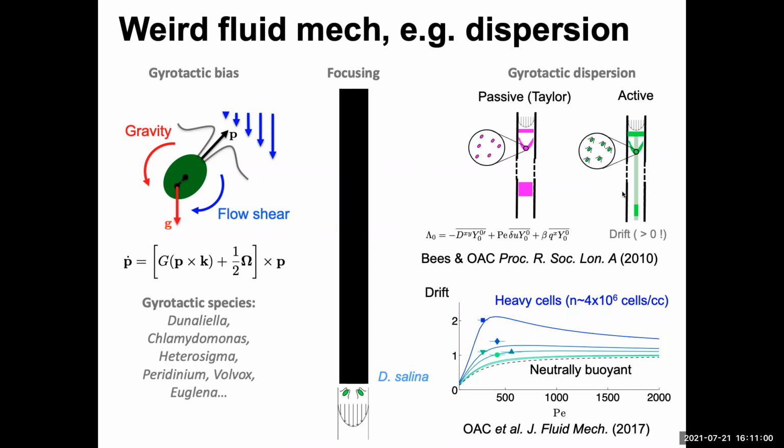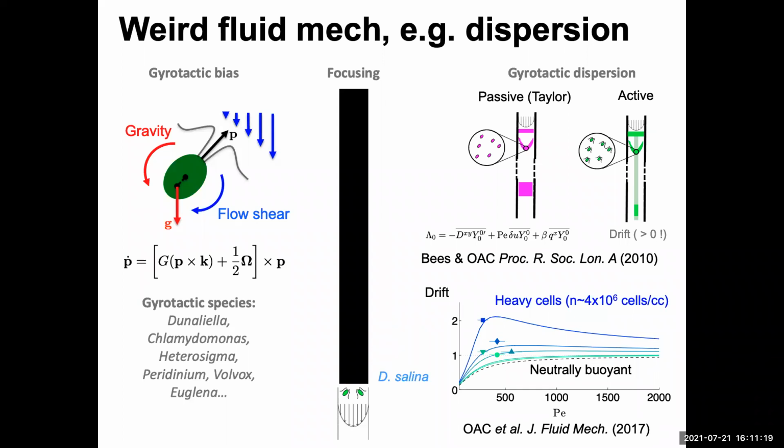But what we explored is, if you have these gyrotactic focusing plume structures, how do cells disperse in that kind of situation? And we found that